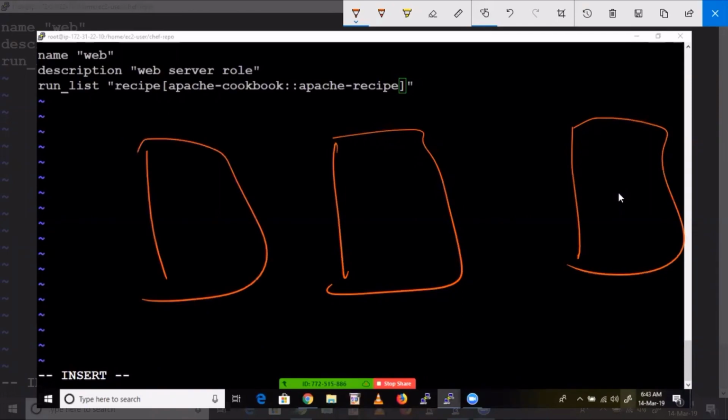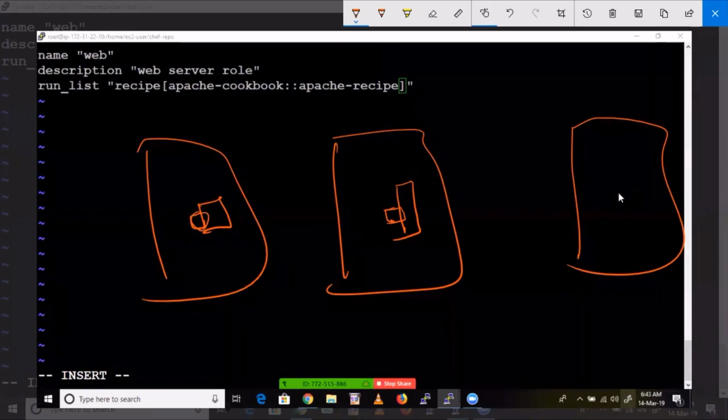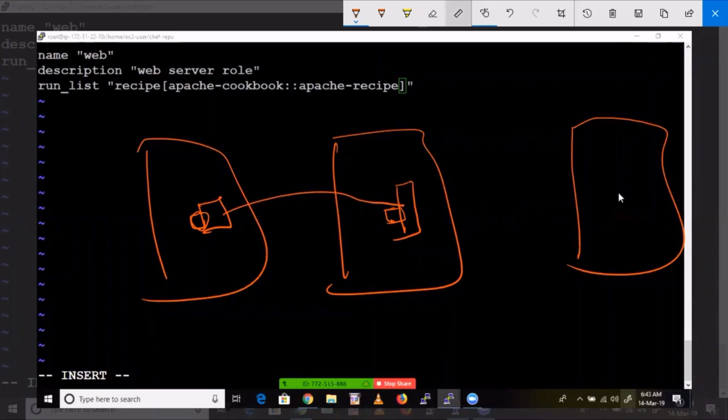I told you that we are going to create a role, and we are going to attach the cookbook to the role. That means what we are doing is creating the role here itself. We are attaching that cookbook's recipe to the role here itself. Just we are uploading that role to the server. That's it. Understood, guys?